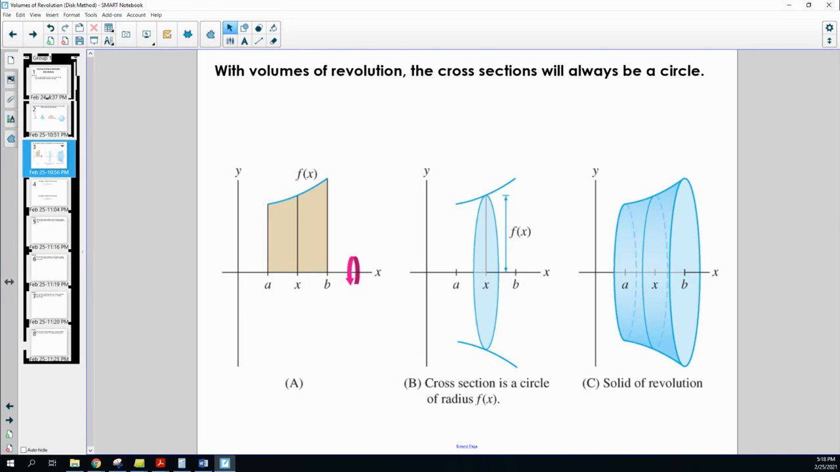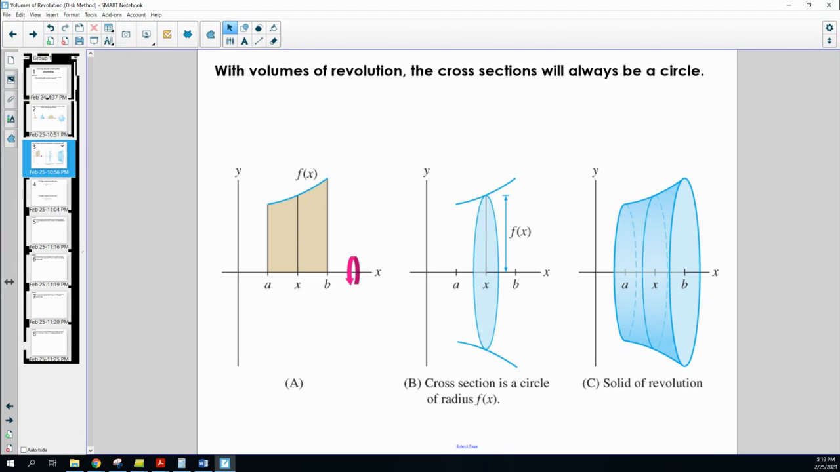So with volumes of revolution, the cross sections will always be a circle. So this is very closely related to finding the area between curves as well as finding the volumes of solids with perpendicular cross sections. So here's a function f of x, and we can see that the area underneath this curve would be from f of x to the x-axis. We could find the volume of a three-dimensional figure using cross sections, but if we use cross sections that are circles, that would indicate that we have a revolution around the x-axis. So the cross section would be a circle with a radius of f of x, and then it would create this